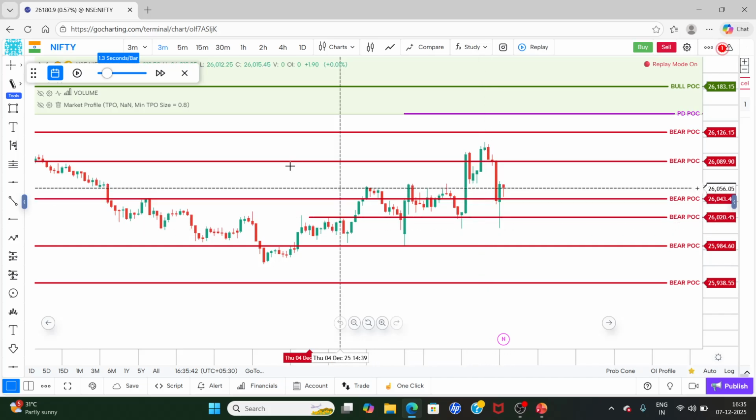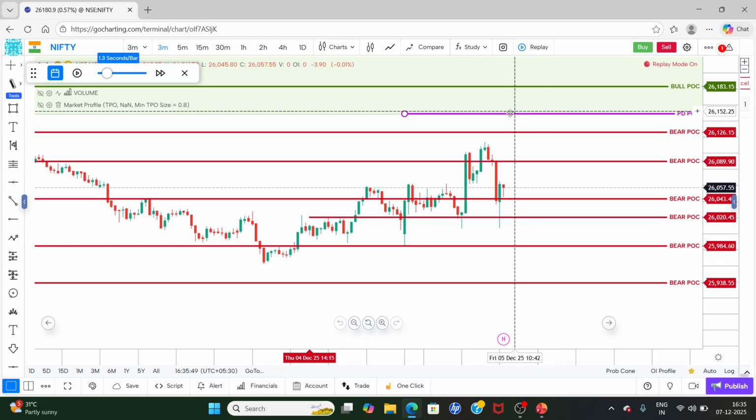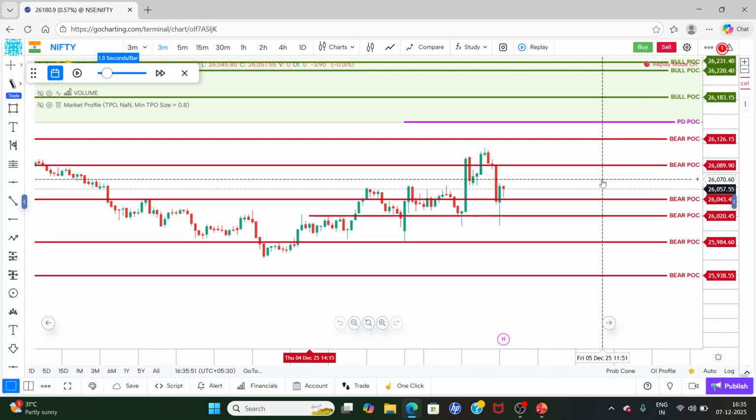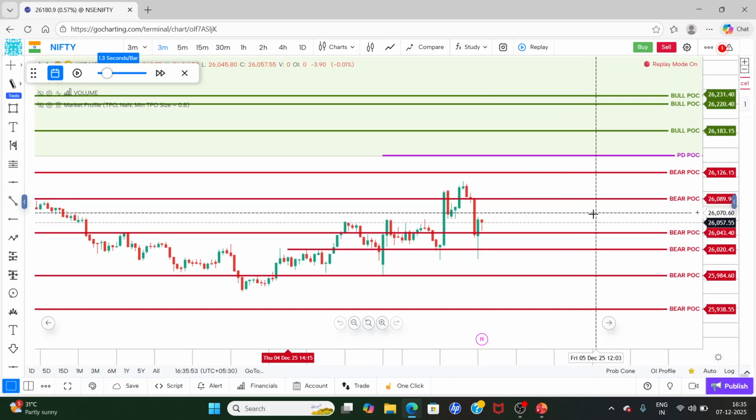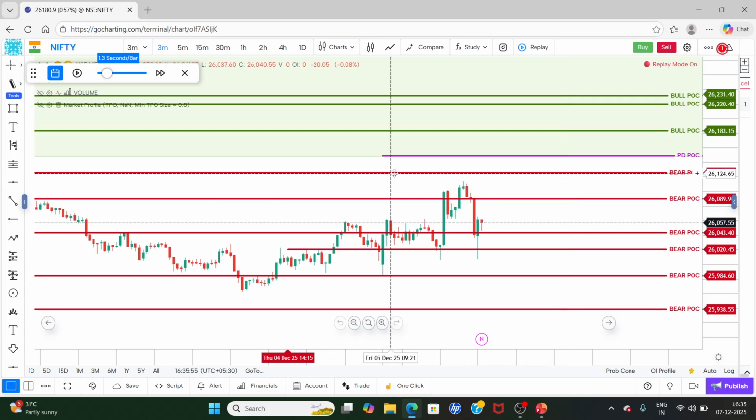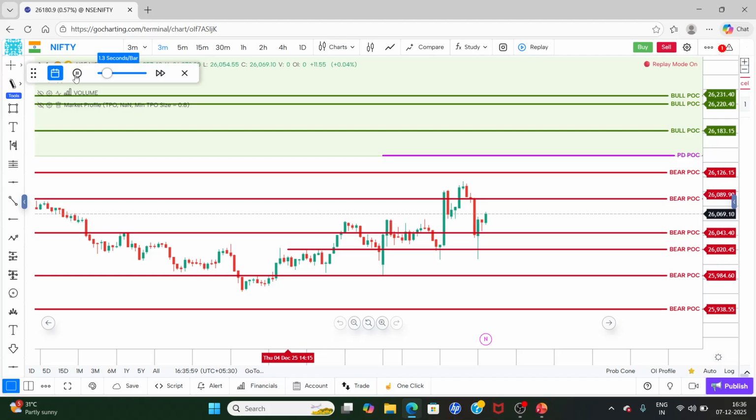And I kept a stop loss below that. So it was a very good trade, and I was very confident that it was going to break on the higher side. But due to the volatility, they did not allow placing a stop loss, so we could only exit at market price. So you can see over here,